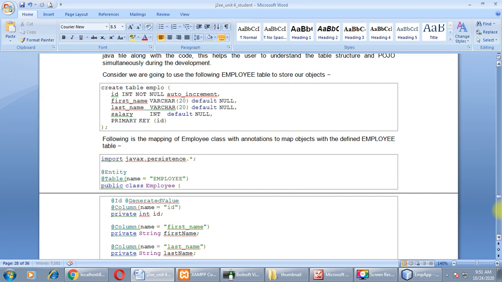Same table I am going to use over here. It has 4 fields defined in it. The structure of employee table you can see on the screen. We will do appropriate changes in our POJO file. We'll consider this table structure for our POJO file and we will insert some annotations in it.